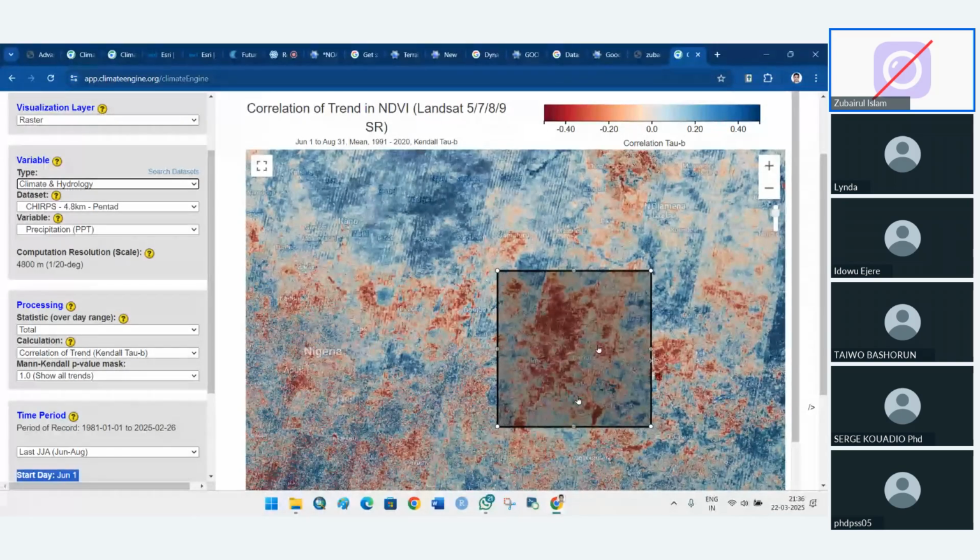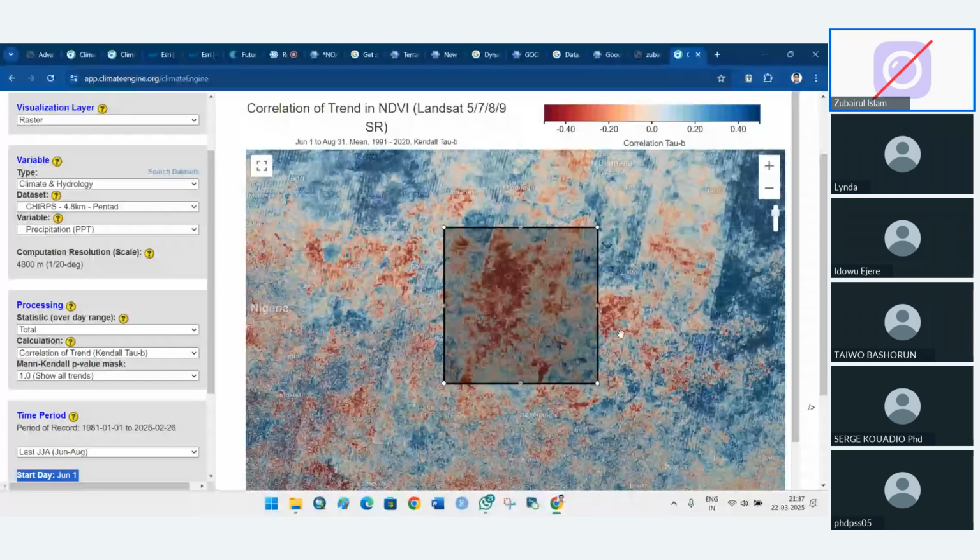Then you can explain with the help of those variables, the explanatory or independent variables, why vegetation is declining here. So this climate data will help us to understand, to do analysis, to do research